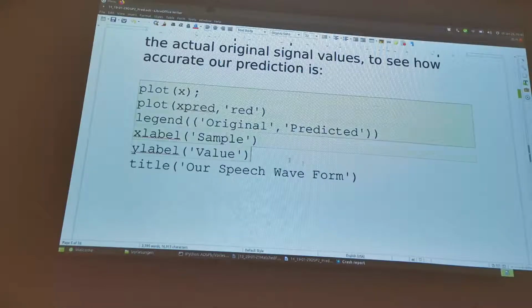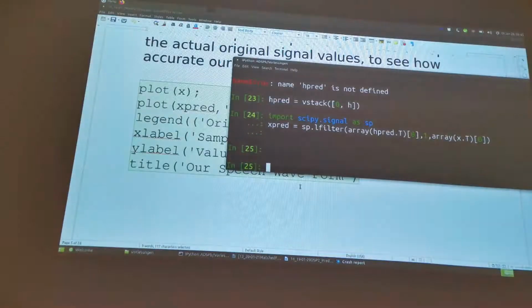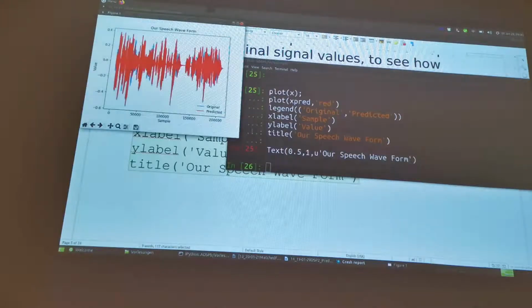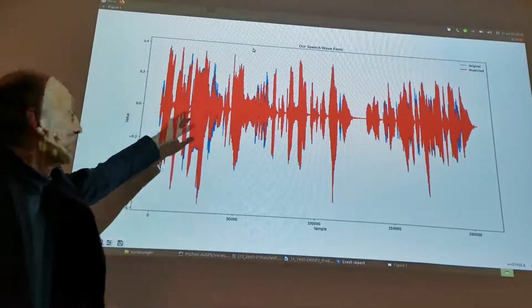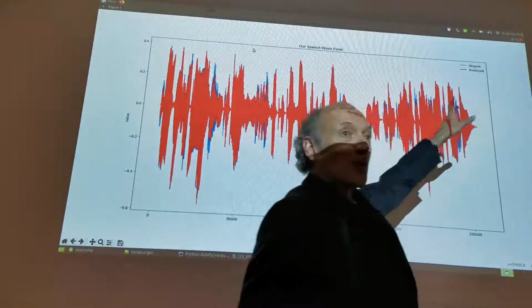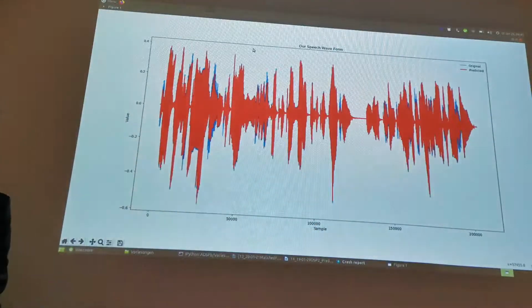So, copy. Here you can see it. So the red here is the predicted. The blue is the original. So what do you think? It's not that bad. It's not perfect, right? So actually here we can zoom in. So we just have a broad overview looking at this picture, but let's see, zooming maybe here in this area